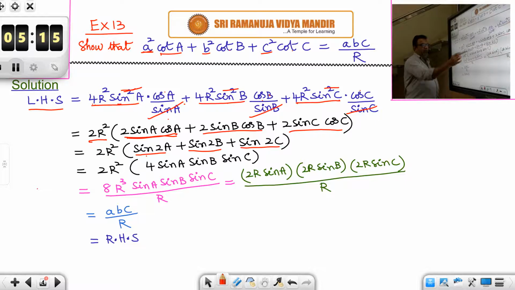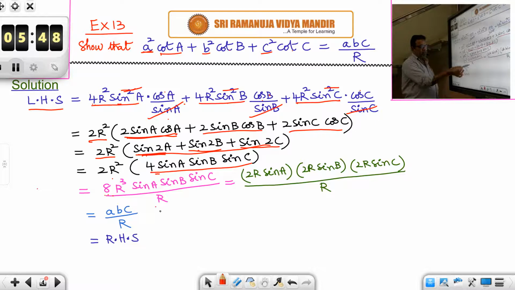2r square into sin 2A plus sin 2B plus sin 2C. But in transformations we have proved that if A plus B plus C is 180 degrees, then sin 2A plus sin 2B plus sin 2C is equal to 4 sin A sin B sin C. So in place of this we can write 4 sin A sin B sin C. So 4 into 2, so 8r square sin A sin B sin C, but I have